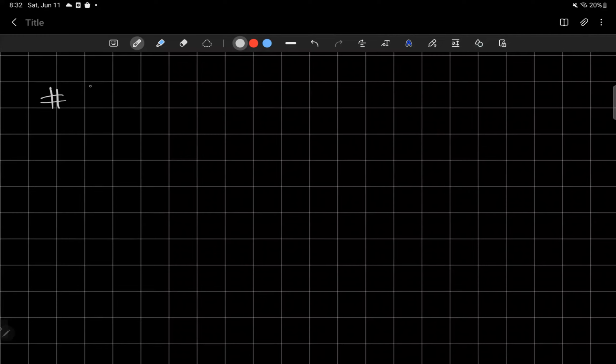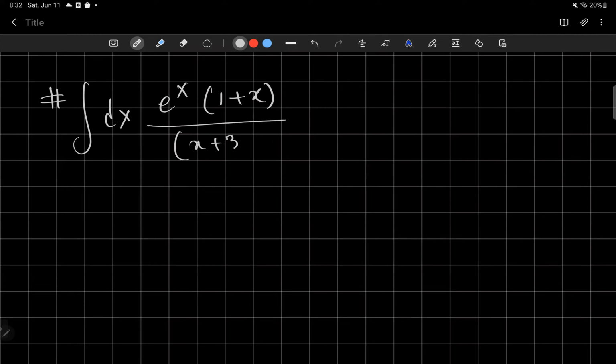Yeah. So there is an integral like this: e to the x over (1 plus x) times (x plus 3) whole squared. How will you do this? There is a rational fraction over here. So what we can do is isolate out this e to the x like this. Don't consider this e to the x as a part of the fraction,